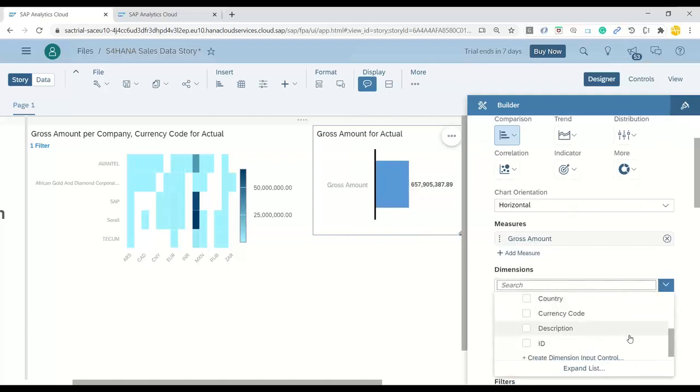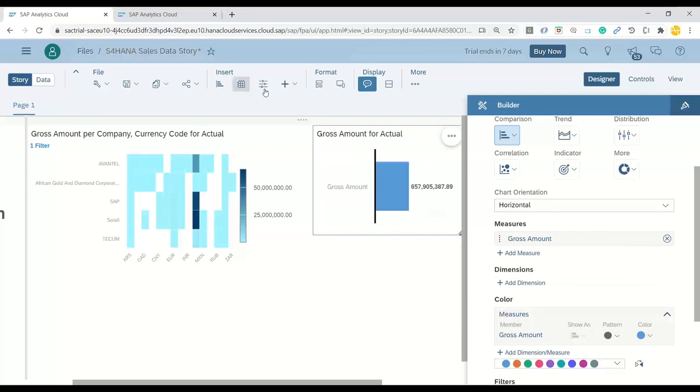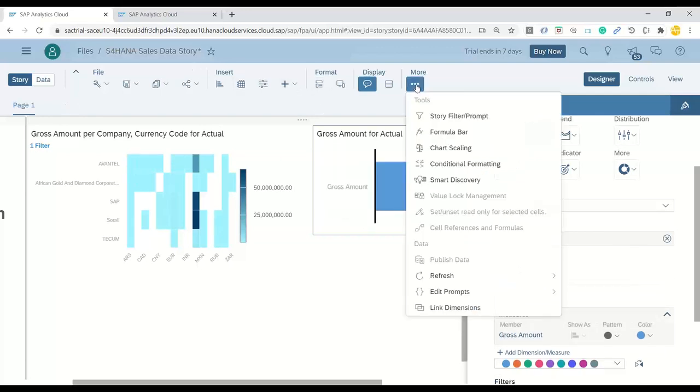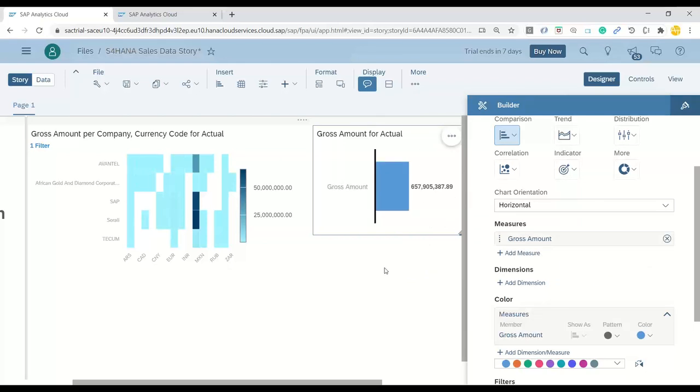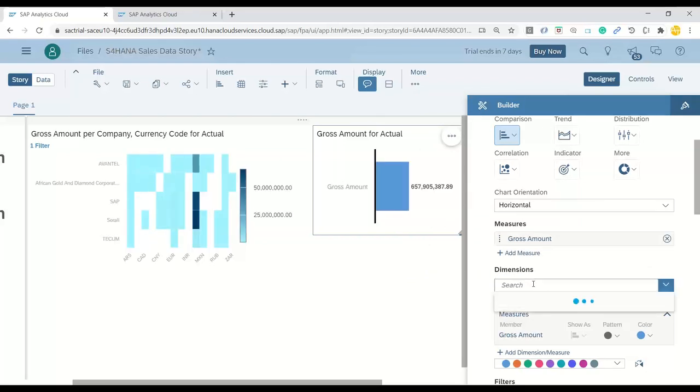I'll choose my hierarchy column, and you can see my hierarchy column. I will just go back and choose description, and you see, unable to retrieve data from data source. The dimension in the model no longer exists, it has been removed from the table. Okay, that's because we have just changed the model. So just come back to the story and refresh over here. We have a refresh button here, so the new model information will be fetched now. So gross amount, and now choose dimension,